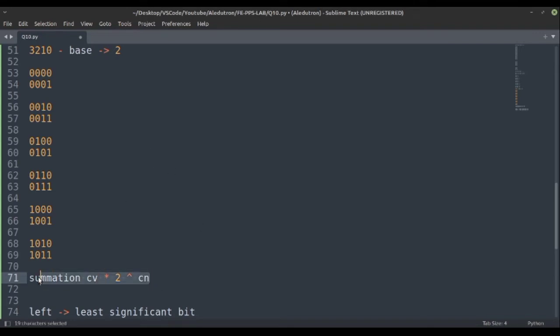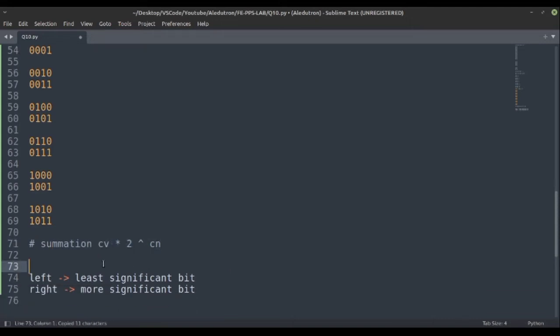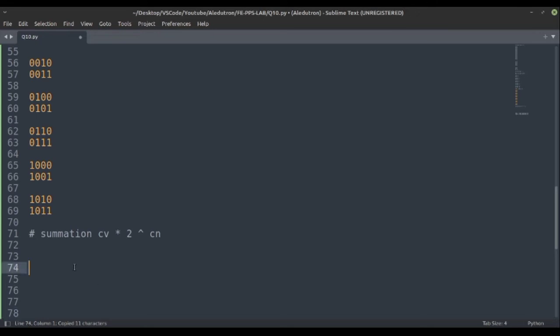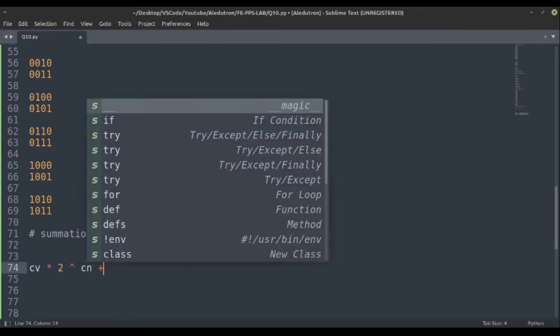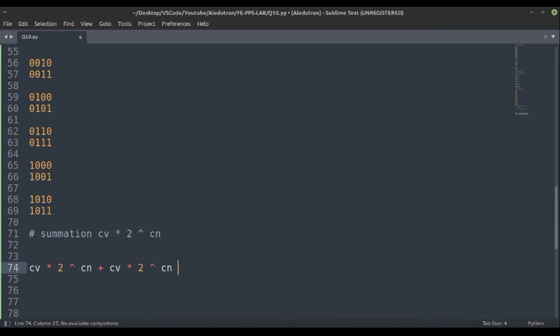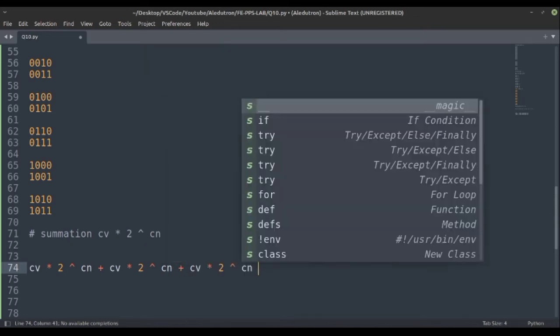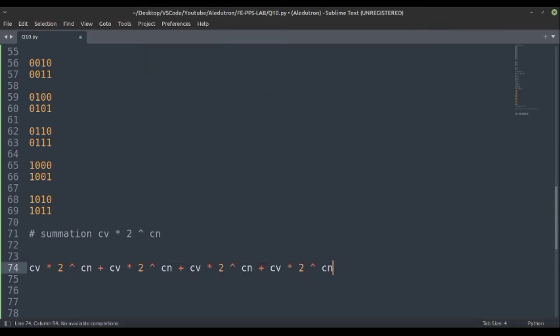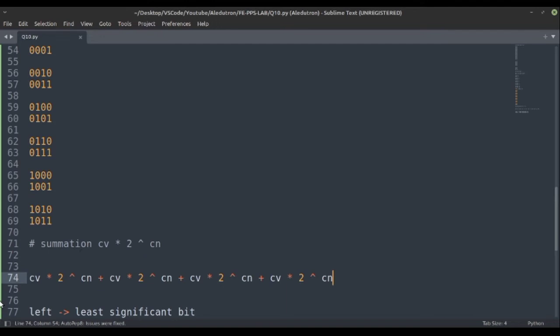So let's just take this formula and work on it and find whether it gives correct values or not. So we will start from right to left, as more significant bits are here. So the column value was 0, here also 0, here also 0, here also 0.